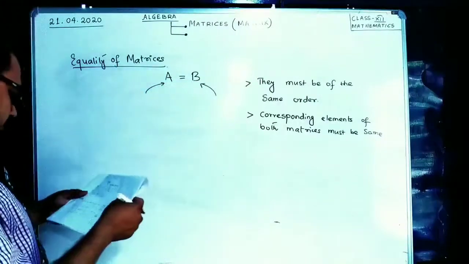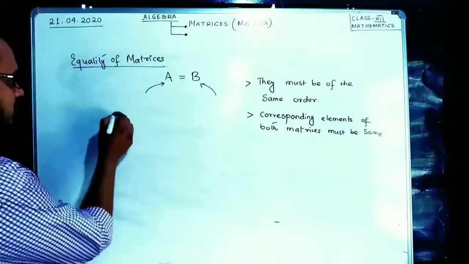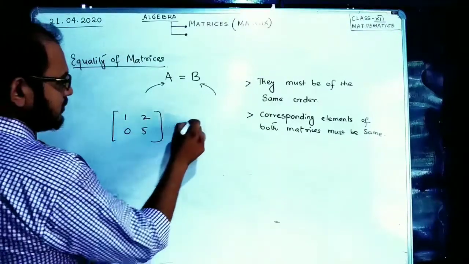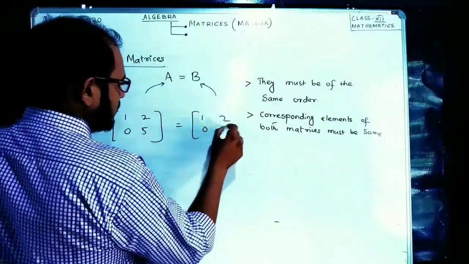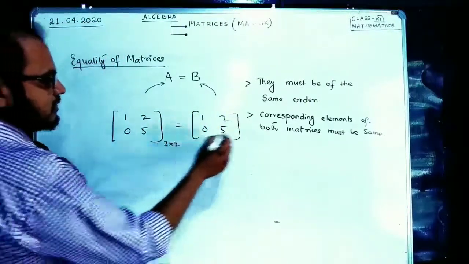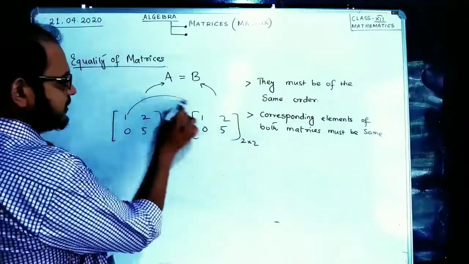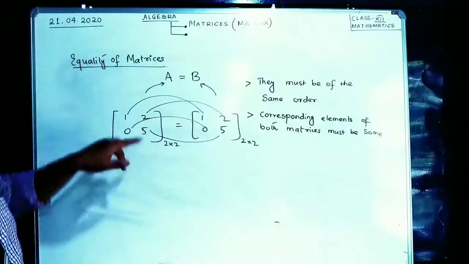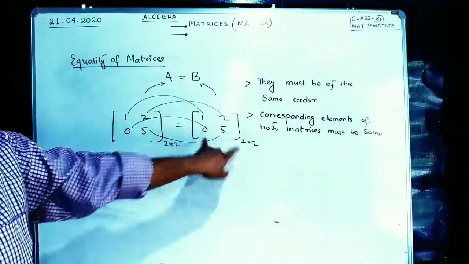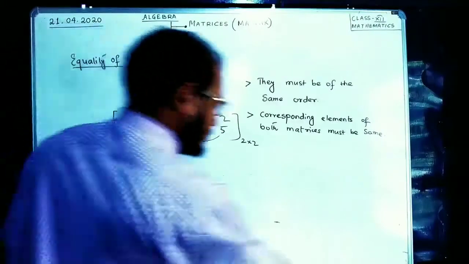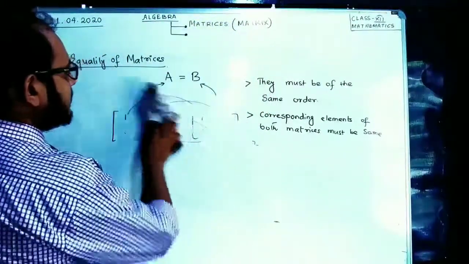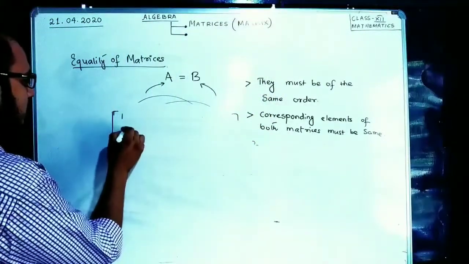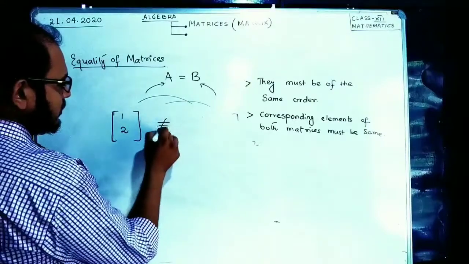Let us see what it means. For example, this matrix 1 2 0 5 is the same as 1 2 0 5 because its order is 2 by 2, its order is 2 by 2, and each and every element is the same. That's why we can call this matrix equal to this matrix. However, we cannot say these two matrices can be equal. For example, a matrix 1 2 is not equal to